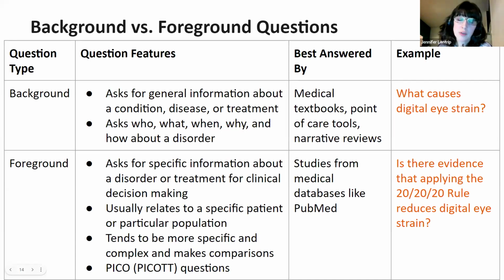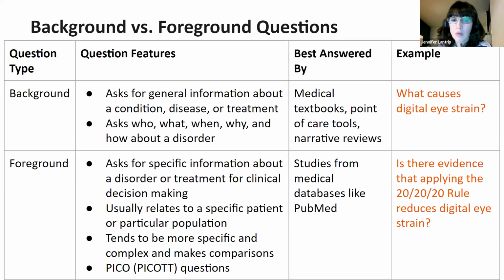We sometimes need general information about a condition, disease, or treatment to help answer our clinical questions. So this is background information that you would find in medical textbooks, point of care tools, or reviews. You'll find overviews of information that have been compiled from existing evidence at the time that they were written. However, they're not going to provide you with the latest research on the topic. An example of a question that you might answer by looking at a background source is, what causes digital eye